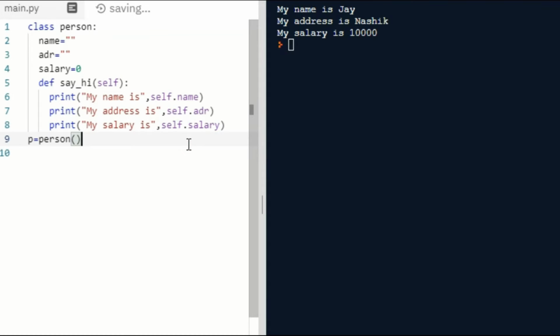Here we are creating an object. Okay. After that we will assign values to the data members of that class: name, address, salary defined in the class person. Now, as P is the object of the class person, it will also have all these properties.